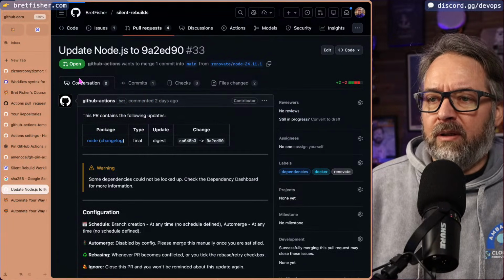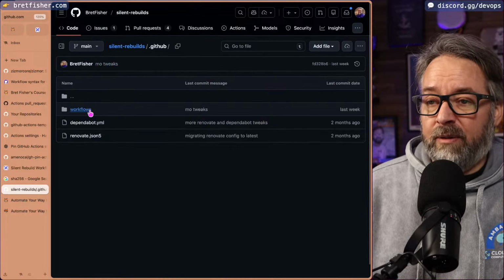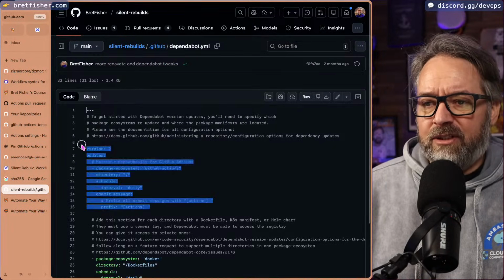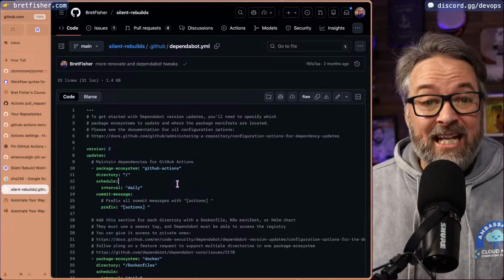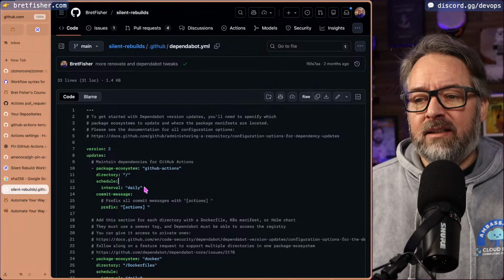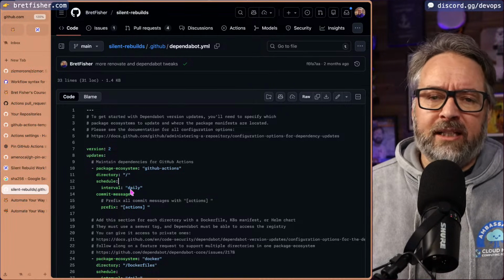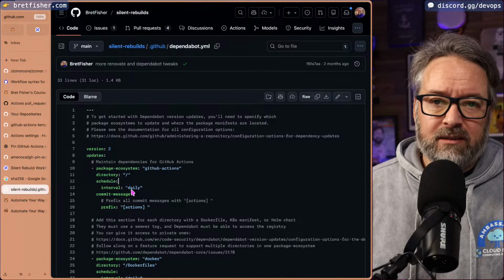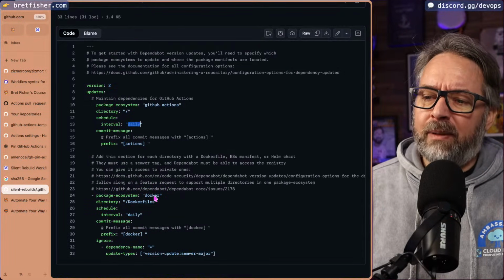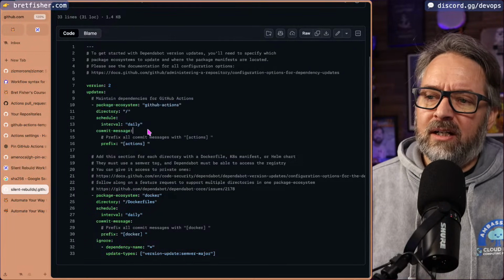So in this repo and many other repos, I have an example of what the Dependabot config looks like for that. It's just these lines here that make sure that daily it checks for new versions of GitHub Actions. And, you know, in most teams, you probably wouldn't do daily here. You might do weekly. But now that I think about it, I might in the future change this so that,